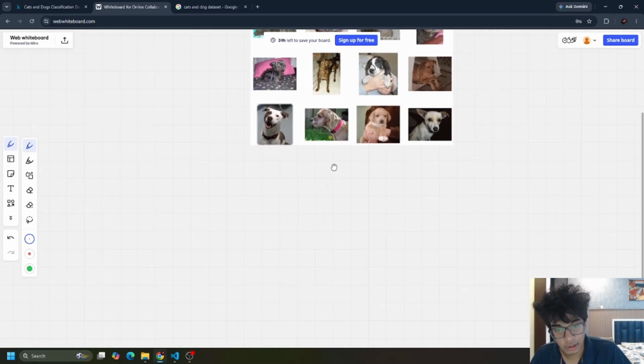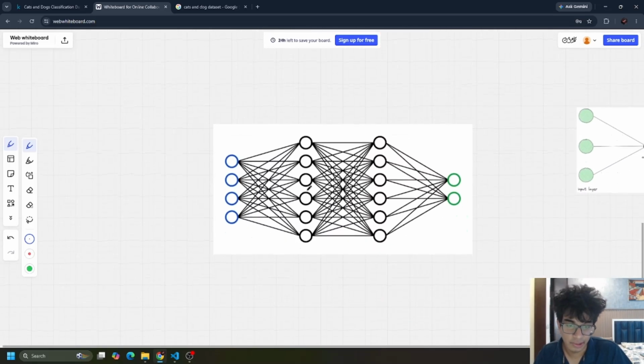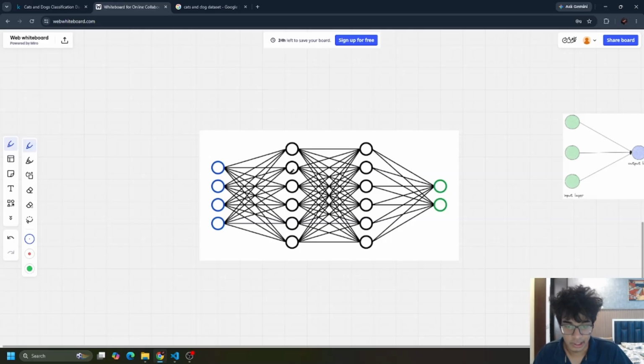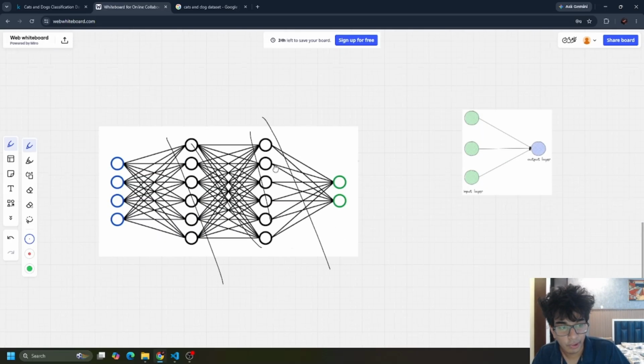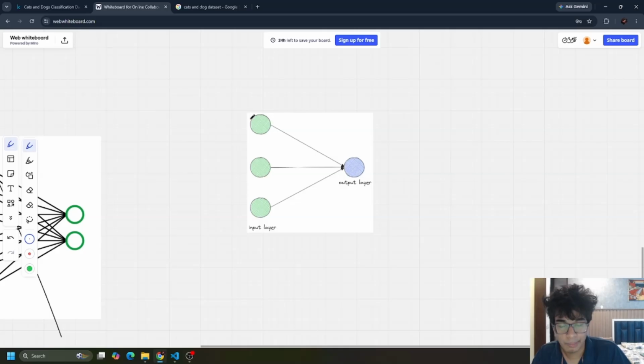To show internally how it works, you've probably seen an image like this, which is an image of a neural network, where we have some inputs and we do some calculations and we eventually get an output. What logistic regression is, is a neural network with no hidden layers. So we don't have any of this in between. We just have the input and the output, as you can see over here. So we might have some input numbers like 5, 3, 6, and we'll do some calculations with these numbers, and we'll eventually output either a 1 for yes, the image is a cat, or